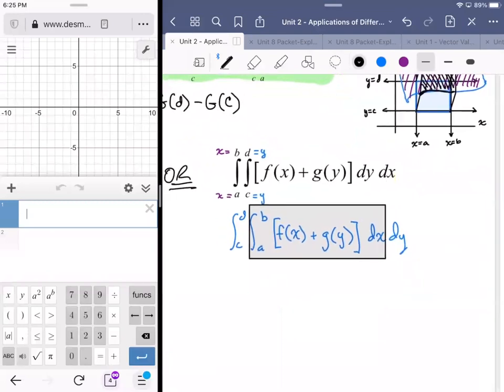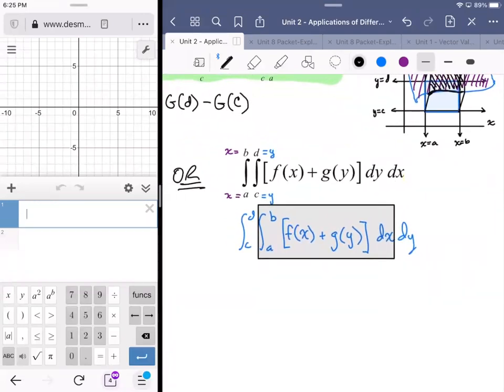And, you know, from the perspective of experts, right? So if I anti-differentiate, you can also kind of skip a few steps along the way. You don't have to rewrite it separately. So we're anti-differentiating the f of x. That I'm just going to leave as the antiderivative from a to b of f of x dx. The g of y, I can anti-differentiate that. That would be g of y multiplied by x over the interval of a to b,